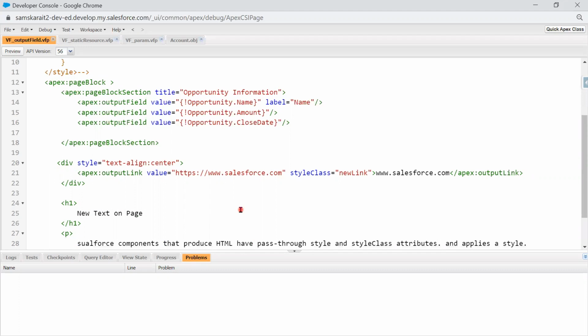Any other questions today? Static resource, output link, output text, param. These are the four things which we have learned. Now function,